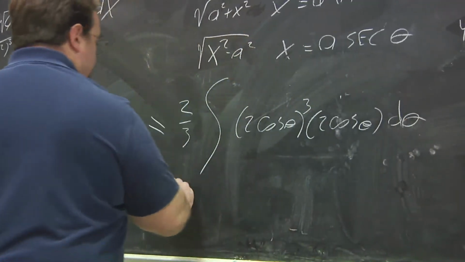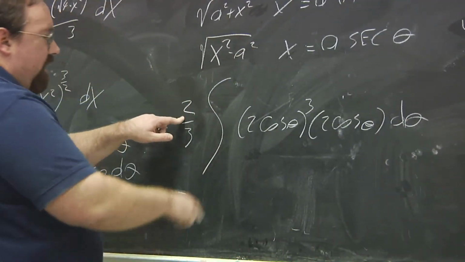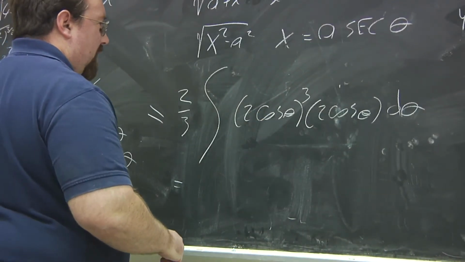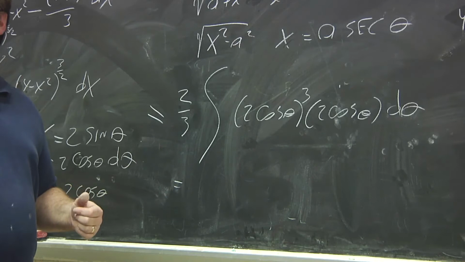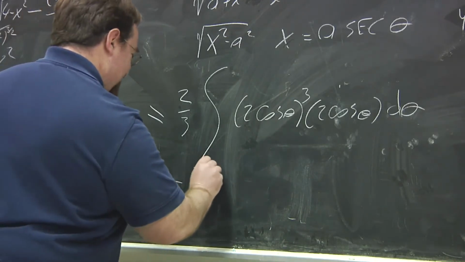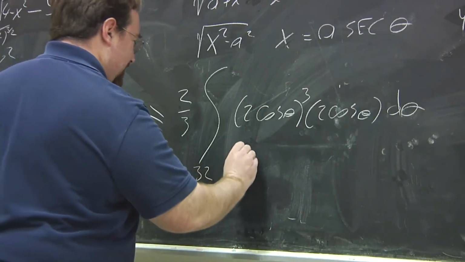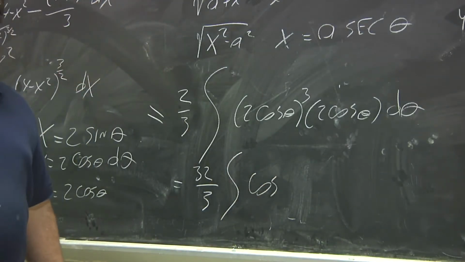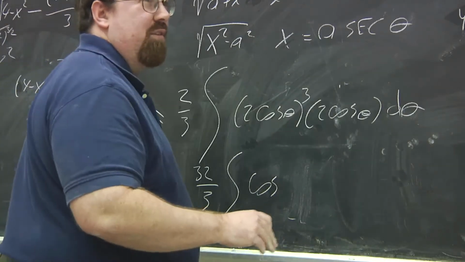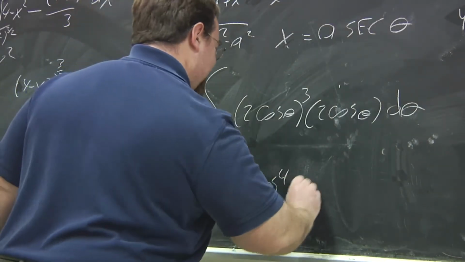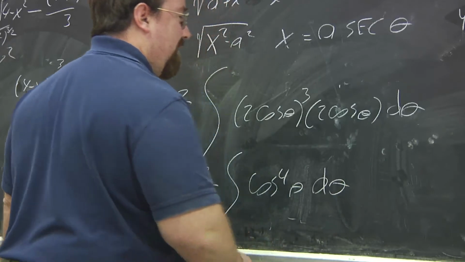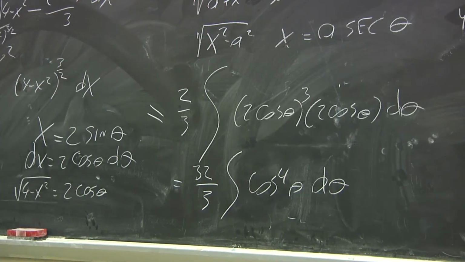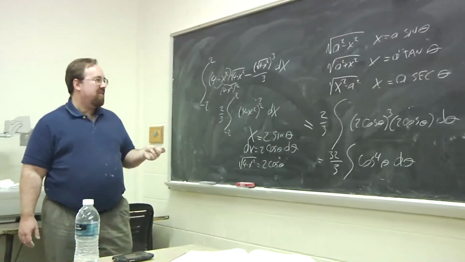d theta, so what we wind up with is 1, 2, 3, 4, 5 factors of 2. So computer science majors, quick, what is that? 2 to the fifth? Yes, okay. You can be extra quick with powers of 2, more than normal people. Okay. Cosine to the 4th. Now, as you can see, this thing is